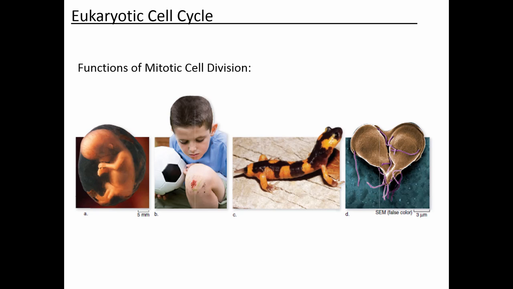And then the very last one is showing you a single-celled protist. And they're single-celled protists that reproduce through a mitotic cell division. So the protist is a single unicellular organism, and it reproduces through a mitotic cell division. And in that case, that would be also a form of asexual reproduction. Okay, so if you have a single-celled protist that reproduces through mitotic cell division, that is also a form of asexual reproduction.